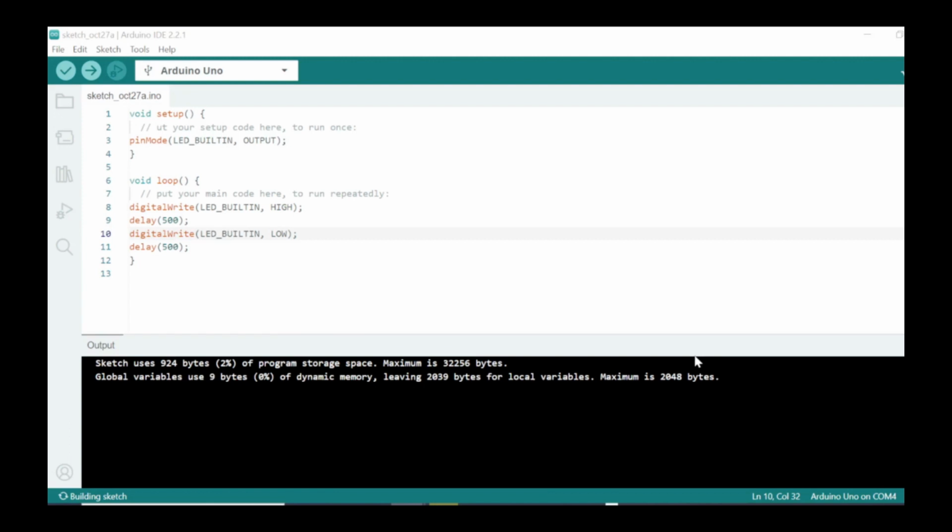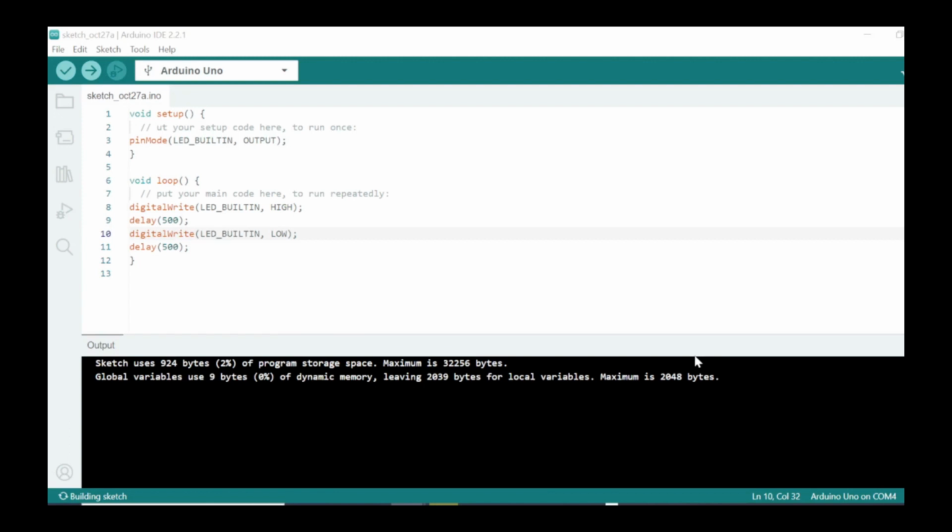For the delay function, after the first digitalWrite it pauses the looping process. Here I give an example of a delay of 500 milliseconds, or half a second, after the first digitalWrite. Then we continue to turn off LED_BUILTIN on the next line with a LOW value, followed by a pause of half a second again.